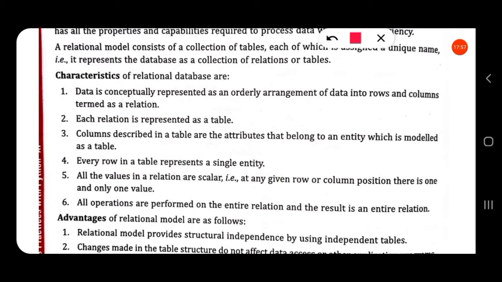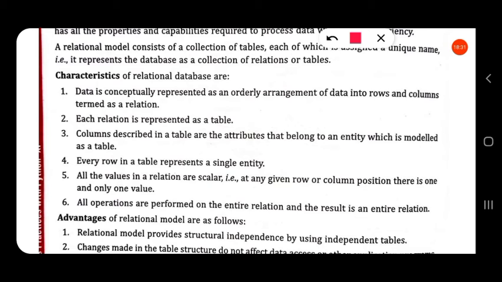Each relation is represented as a table. So a table is called a relation. Columns described in the table are the attributes that belong to an entity which is modeled as a table. So columns described in the table are called attributes.